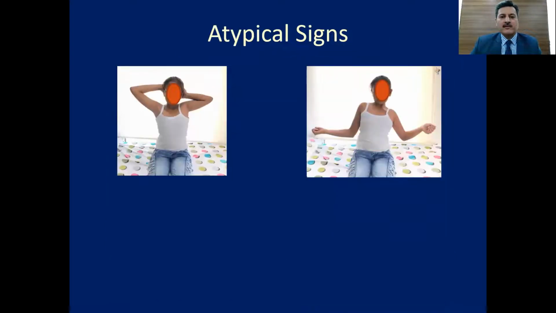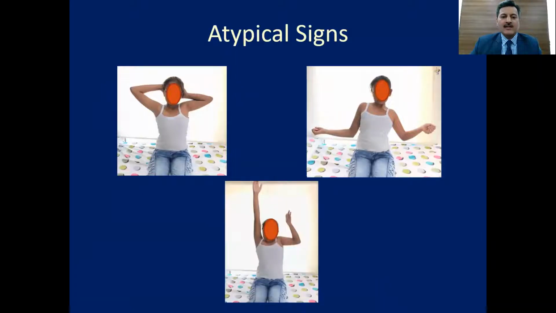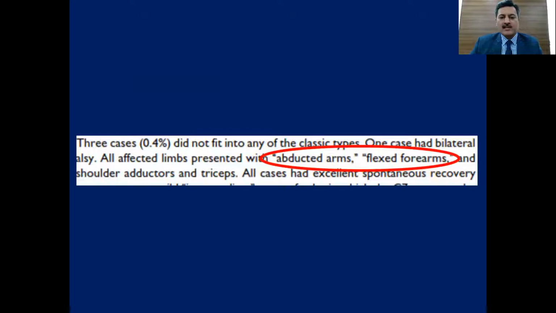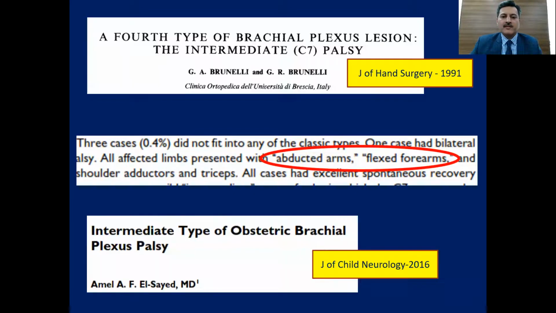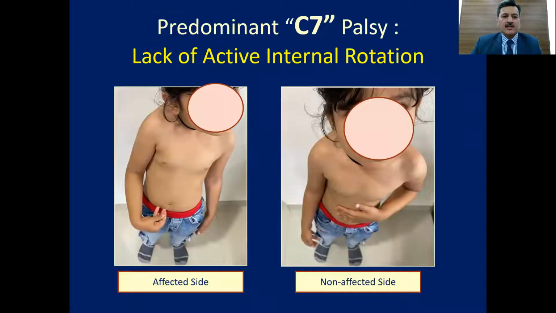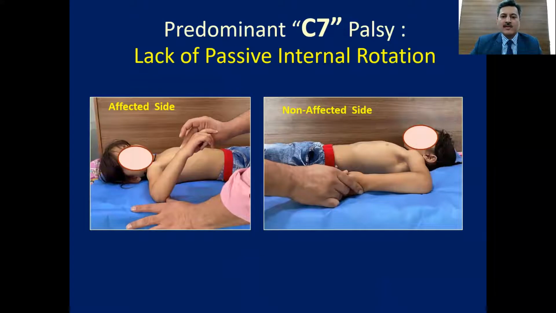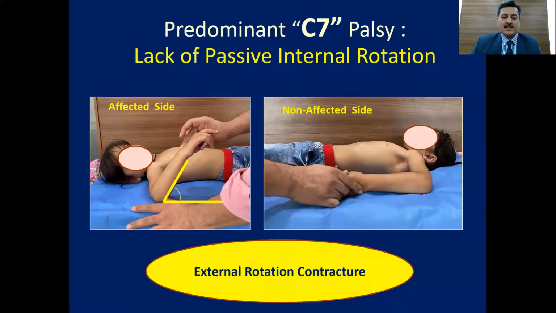But in a subset of patients, we found that they have good degrees of active external rotation. But when we ask to elevate the arm, they have flexed forearms and abducted arms. These abducted arms and flexed forearm are typically part of intermediate C7 palsy, or what is known as predominant C7 palsy in literature. These patients also had lack of active internal rotation, making it difficult to reach the belly. And they also had lack of passive internal rotation. This made it difficult for the forearm to reach the couch when attempted passively,